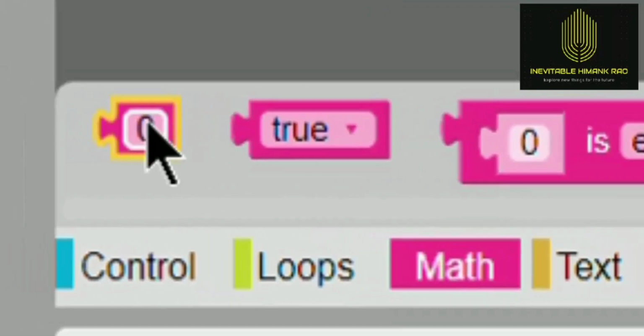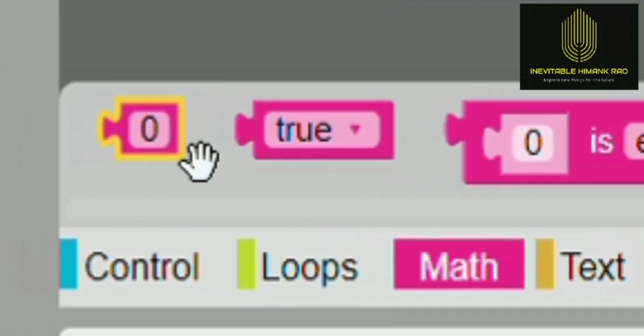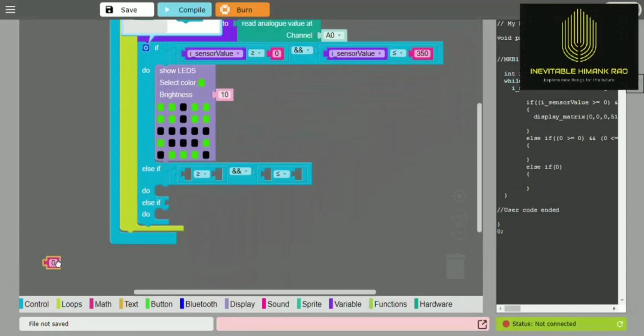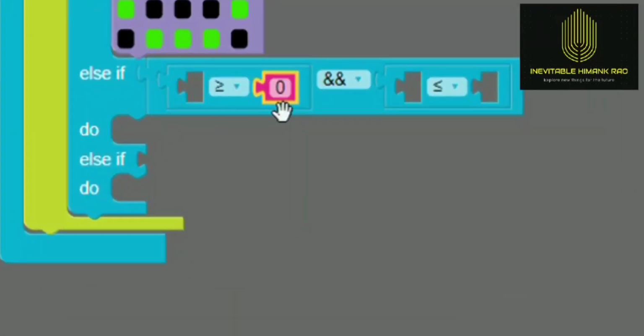Now click on math and drag 0 on the right side of the lesser than option. After that, right click on it and click on duplicate. Drag the duplicated option on the right side of the greater than option.